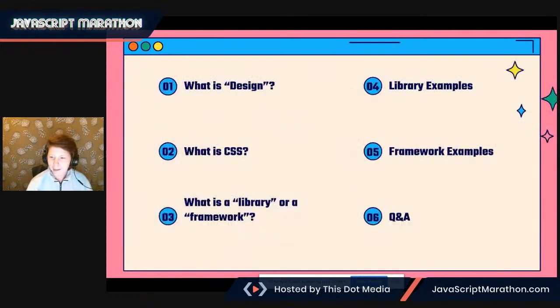So what I'm going to get into today, I'm going to cover a few topics. The first one, I'm really going to dive into what is design. What does it mean? What are the different types of design? What's good design? Then I'm going to get into what is CSS, kind of go through the code aspect of